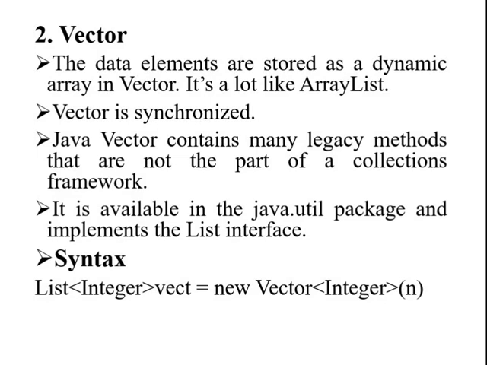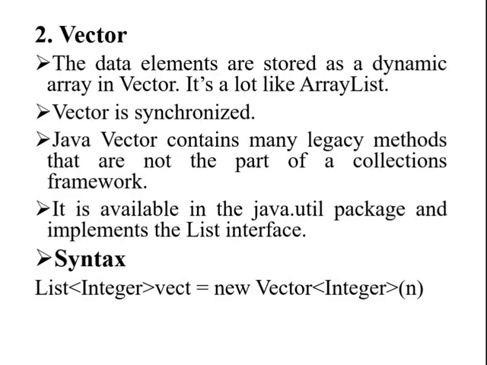A growable array of objects is implemented by the vector class. Although vectors are considered obsolete classes, they are now completely compatible with collections. Still, because it is synchronized, it is rarely utilized in a non-thread context, and as a result, it performs poorly while adding, searching, deleting, and updating its elements. The iterators returned by the vector class are fail-fast. When concurrent modification occurs, the ConcurrentModificationException is thrown.